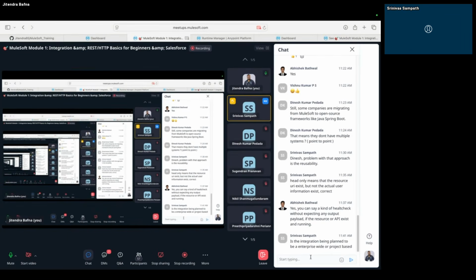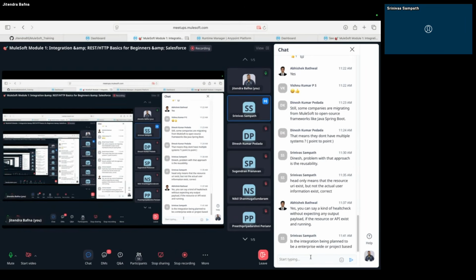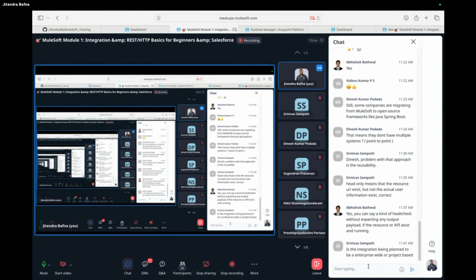I guess I didn't clarify the context earlier. I was trying to respond to the earlier person's question on whether it's Spring Boot versus MuleSoft. Depending upon the type of integration you do, if it is enterprise-wide, if you want to make it more low code, no code versus having a lot more code development, then depending upon that, you would choose. Again, cost also plays a factor there too. So depending upon those factors, you would switch from one to another. Correct. Thanks, Srinivas, for your inputs.